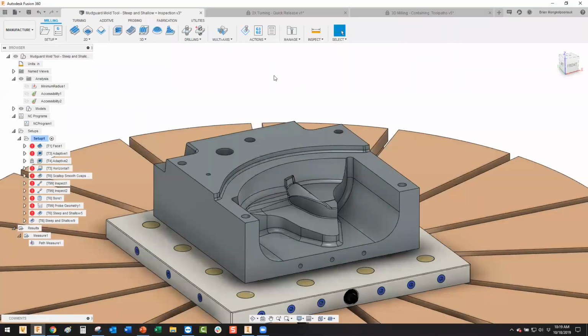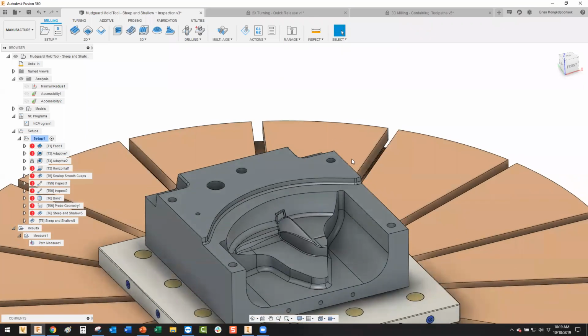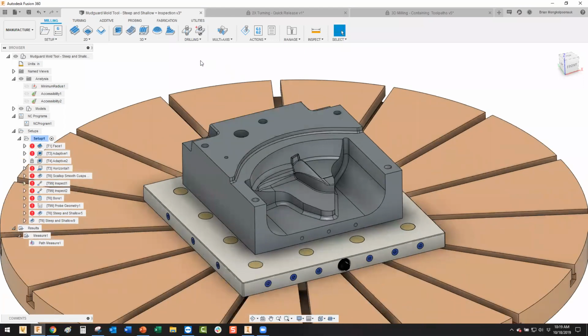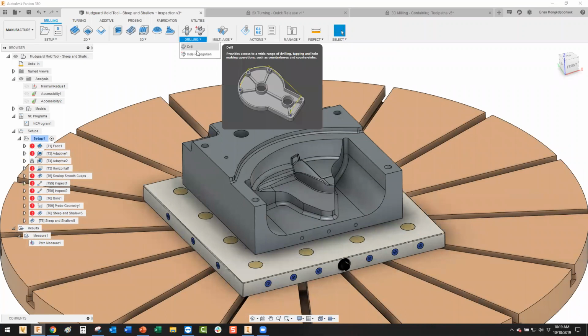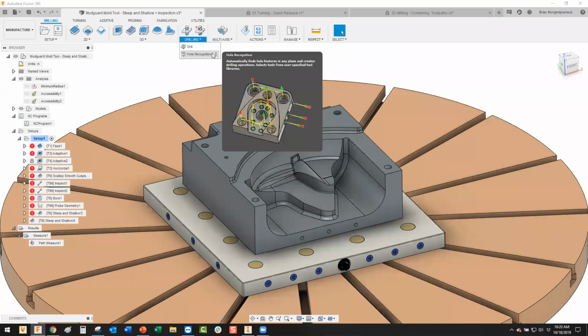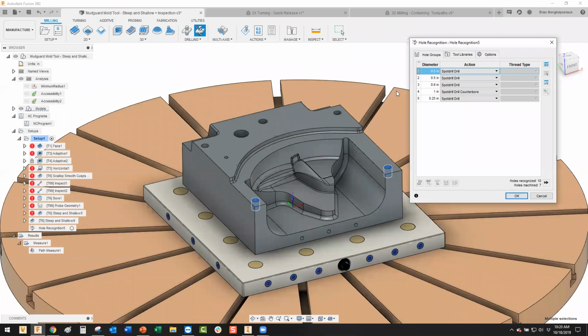And then let's talk about the automatic hole recognition. That really helps to detect these holes that are maybe mundane or redundant tasks, and it's super easy to use. Just go under drilling here, and then you see this hole recognition tool. Right off the bat, it detected all the holes from the top here. It's detecting these two holes here, those two holes in the back, this hole there, which is a different size than the other ones, this counterbore hole as well, not just regular holes, counterbore holes, as well as that smaller hole there. And then once I hit OK here,